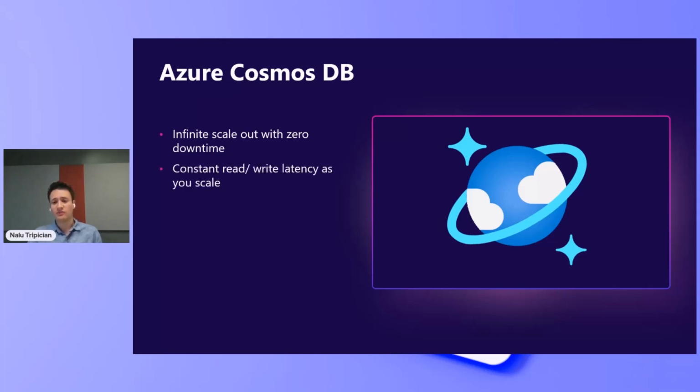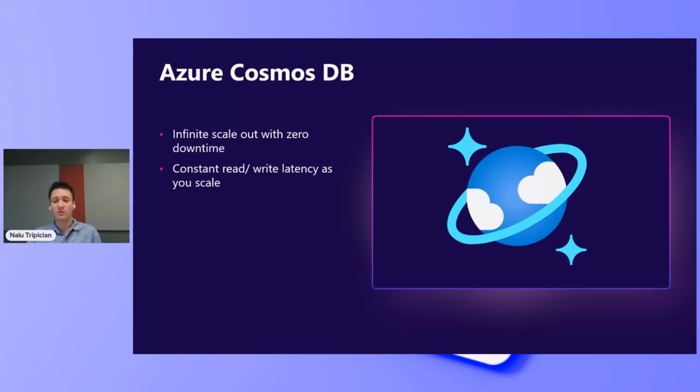As you scale, it's also important that you have consistent read and write performance. For point operations, it's consistent that even when you add more physical partitions, your read and write performance is consistent. Cosmos DB will always know exactly where to route your request to, meaning that it can provide this consistent performance. Now, going back to RUs,